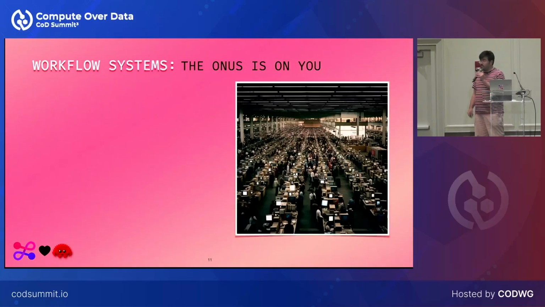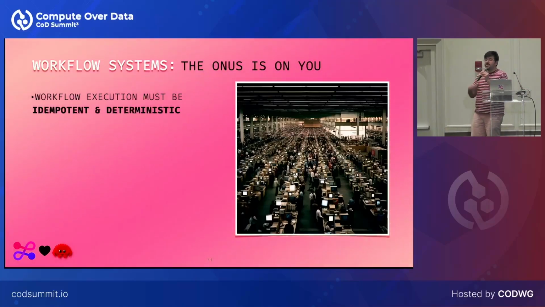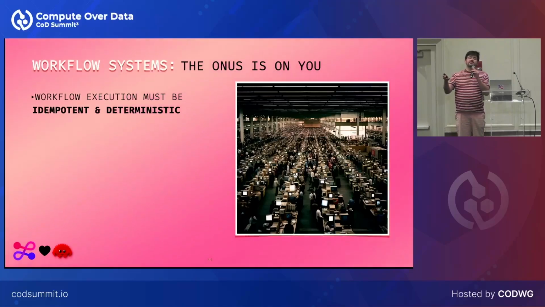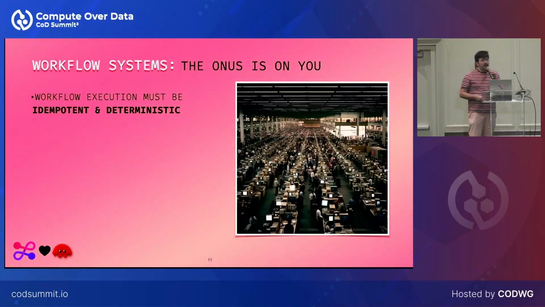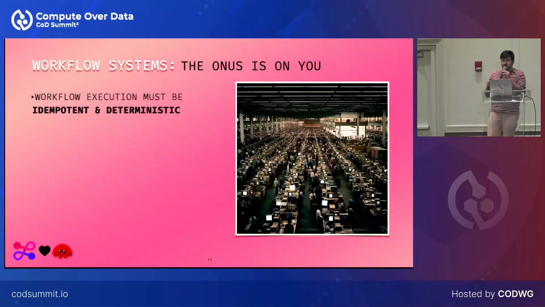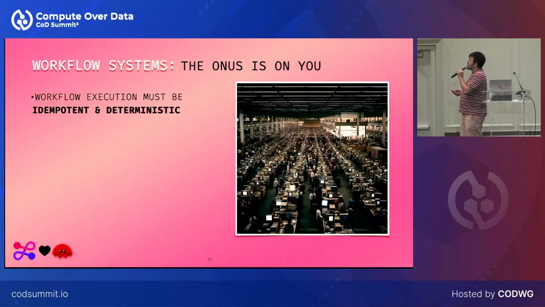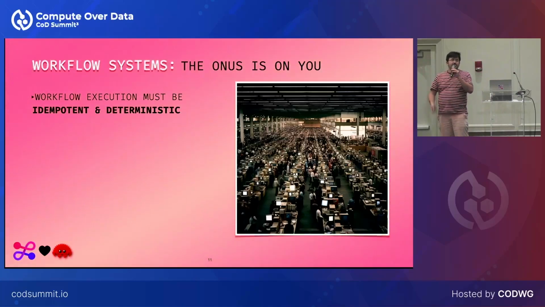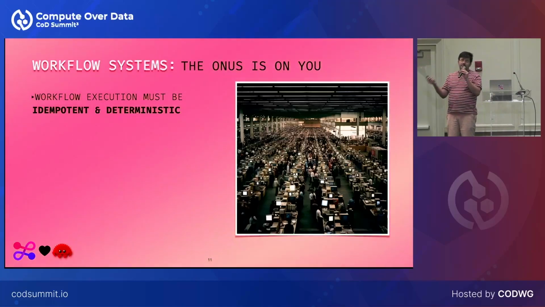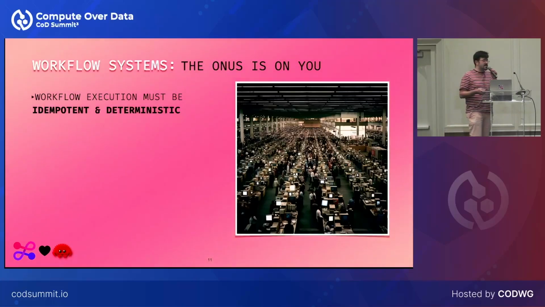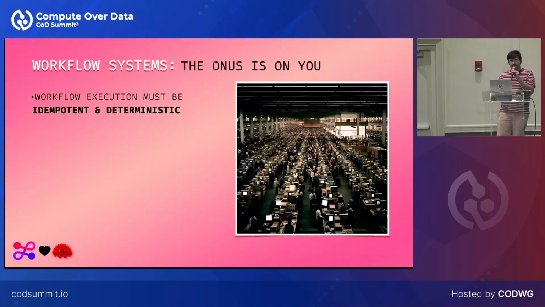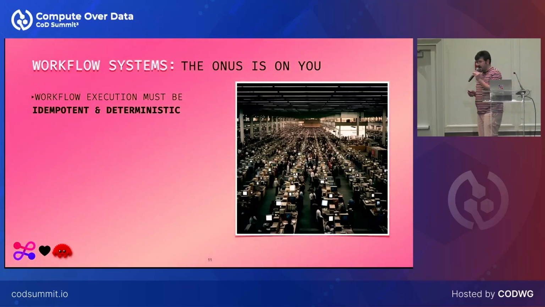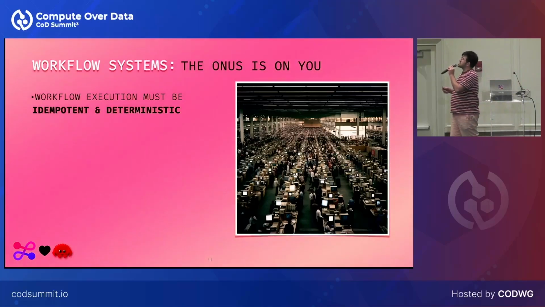And so if you look at these workflow systems, and this is me, I came from Web 2.0 to apply something to a Web 3 implementation for this open world compute goal. When I looked at these workflow engines in detail, I felt like, well, everyone's just writing workflows. Everyone's just writing compute. It's easy. You don't have to worry about the hard problems of distributed systems, and yet you have to know all these things. And so, they tell you, and this is from the Temporal docs, if you do workflow execution, they must